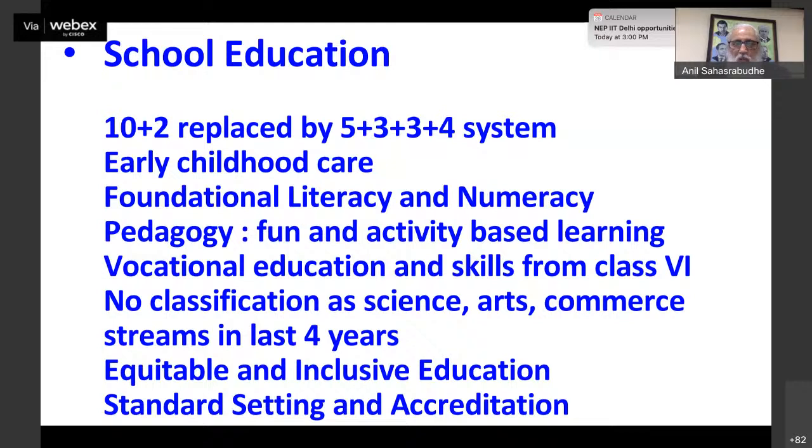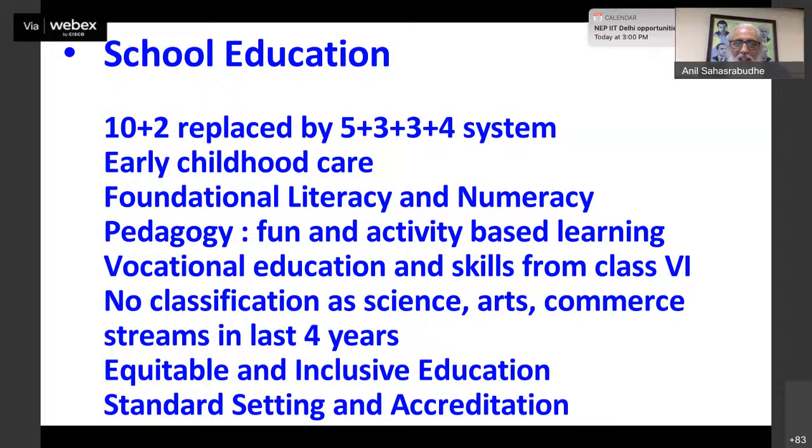You must also know computer programming. You must also know the skill of teamwork. All of that is developed during these formative years. Along with that, expertise in some subjects of the choice of the student. We talked about the choice-based credit system in UGC and in many of the universities and IITs, and something like that